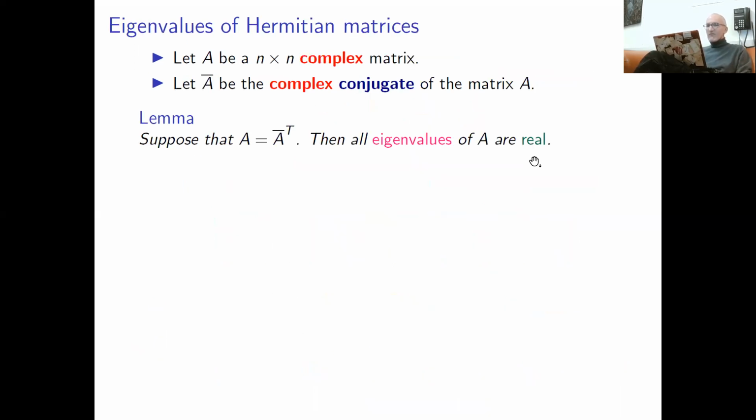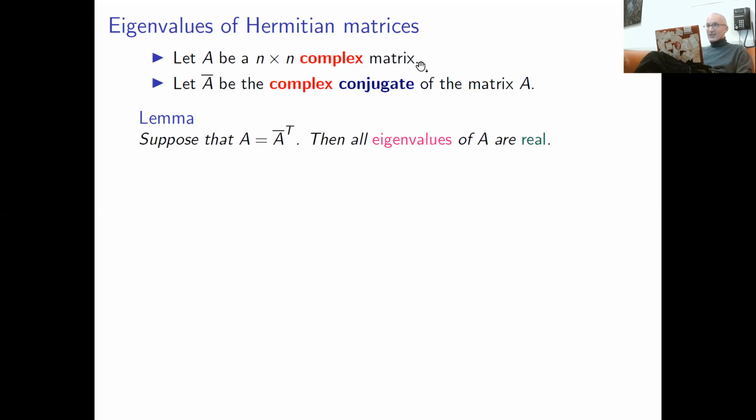Okay, and let me more or less complete this part with one very important result, which you will see in other courses. But we need this result next week for real matrices. The proof, surprisingly, involves complex matrices, and we cannot prove it without using complex matrices. So let me state it.